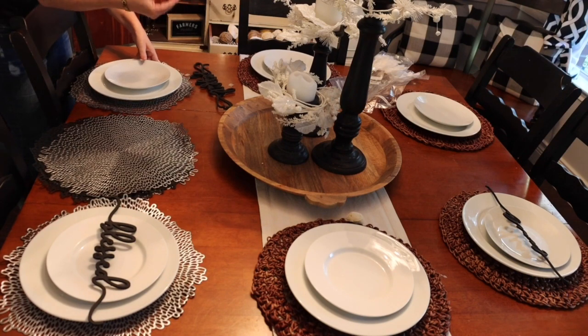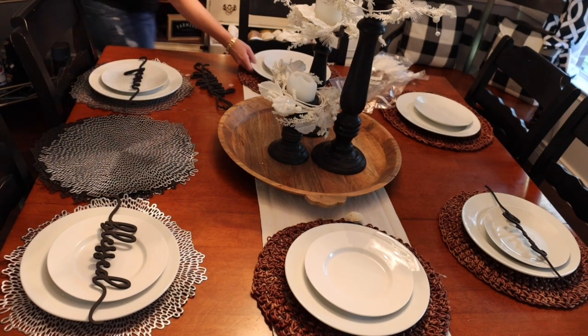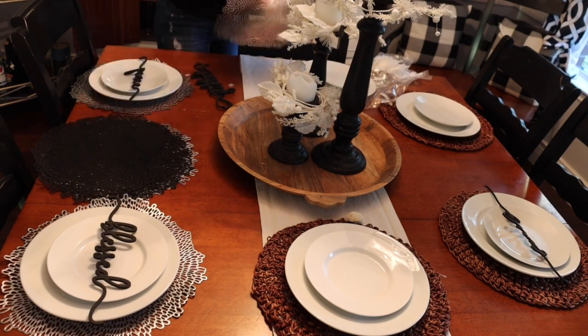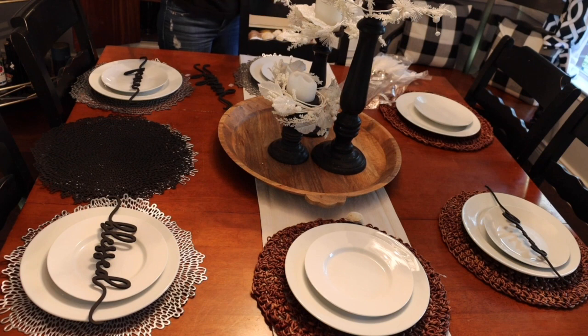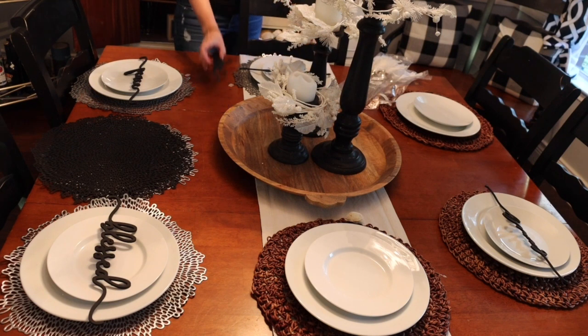So this one says peace. Okay, and I'll go through them as I switch them out so that you know what they say. And I always set my table for 6, even if it's only 3 of us. This one says joyful. They're just so beautiful, you guys. I'm seriously obsessed with these. I have them, you saw that I also have them in the,